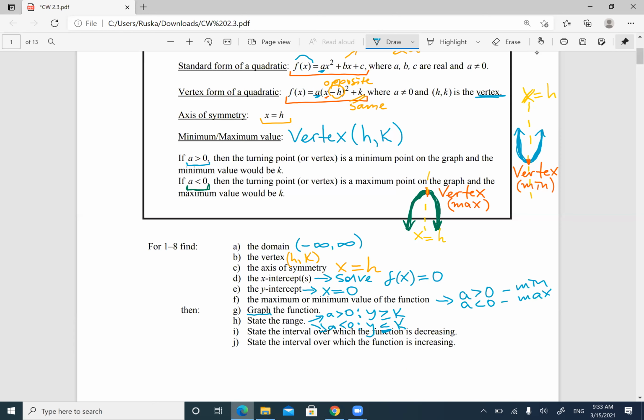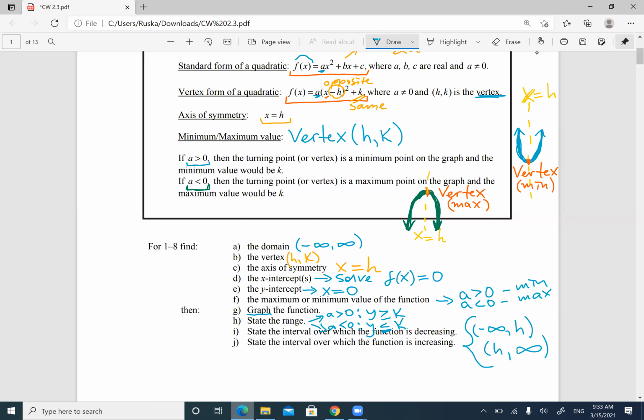And the intervals are going to be from negative infinity to h, and also from h to infinity. You have two intervals where it's going to be increasing or decreasing, depends what you have. For increasing and decreasing, these are the intervals you're going to use. Depends, just looking at the graph, you can tell in the first interval increase and the other decrease or backwards,